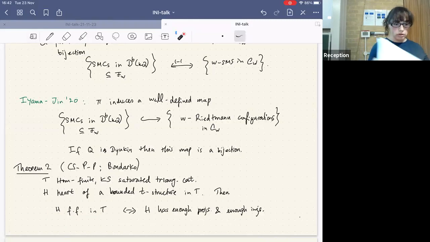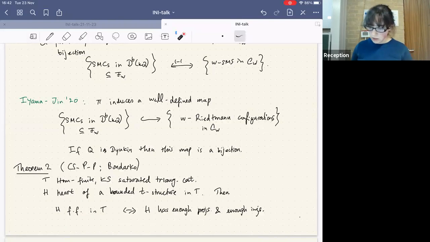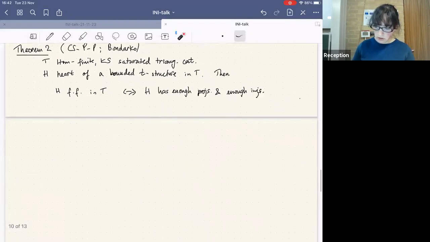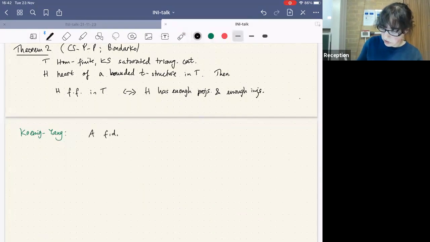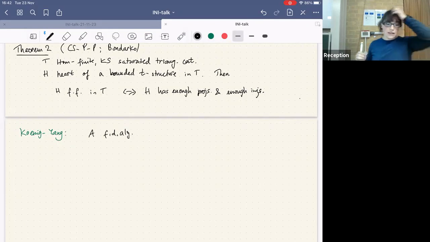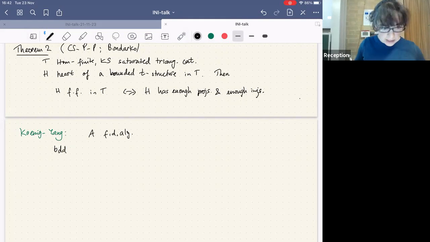Okay, but why is it relevant to our case? Because of the Koenig-Liu result. So what do they tell us? They tell us, take a finite dimensional algebra. I mean, this result has been proved by other people as well in different settings, so I'm being a bit unfair here. I'm not mentioning everyone, but there are other people. So there's a bijection between these bounded t-structures that I mentioned in D^b(A)